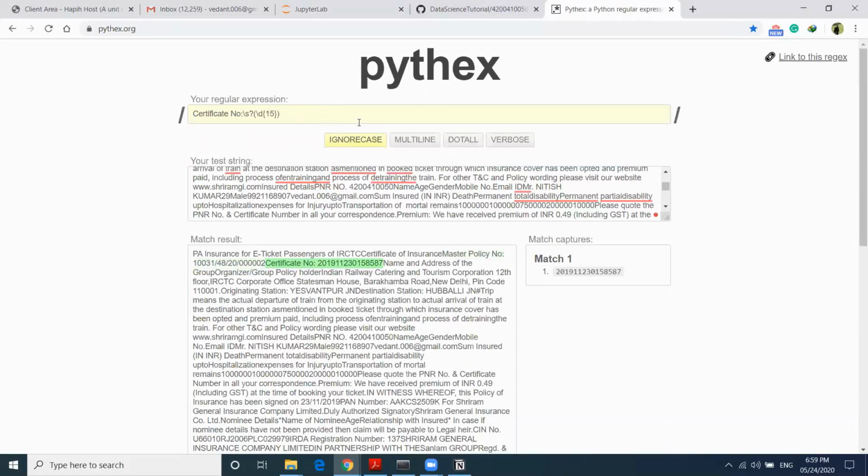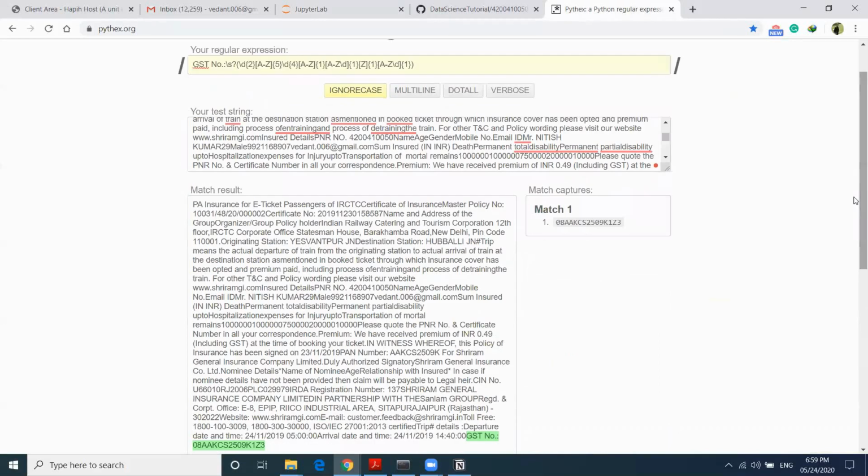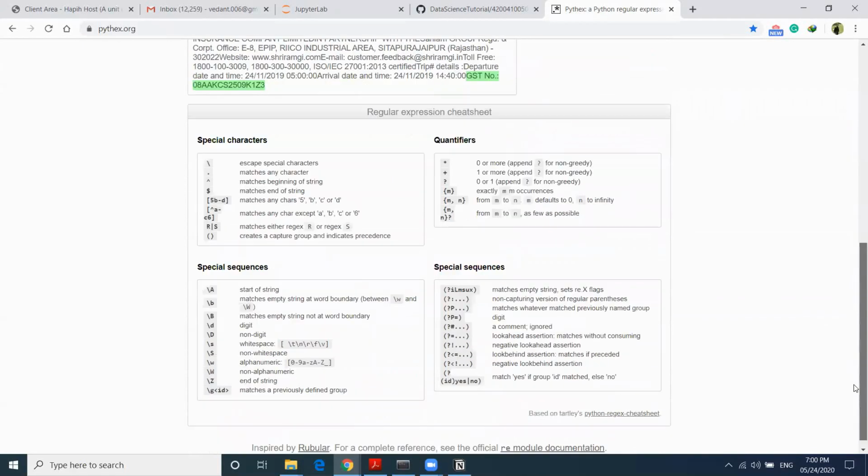You see that match 1 is the certificate number. Similarly, for GST number, we have this regular expression. By practicing with different text strings, you can gain expertise in regular expressions and build your own very easily.